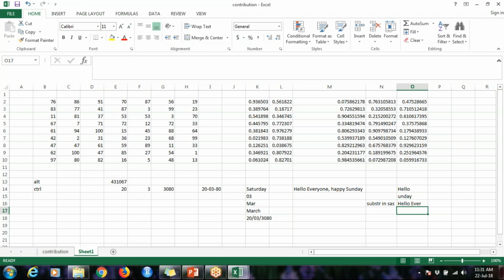So now I have find. Let us do a find. I think in SAS it was index, if I remember it correctly. In R I don't remember correctly what it was. Anyway, this is what happens when you are not in touch with the programming language for long. So anyway,